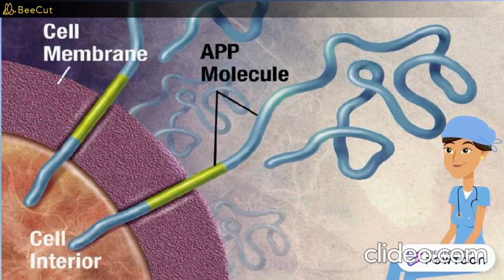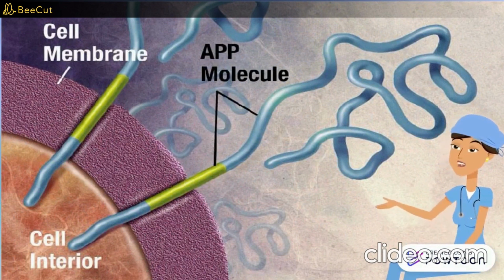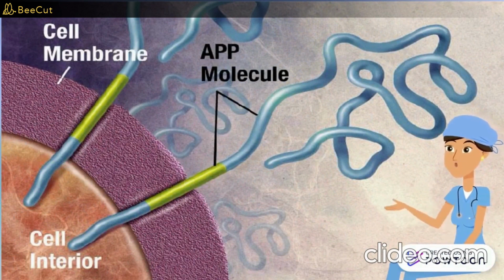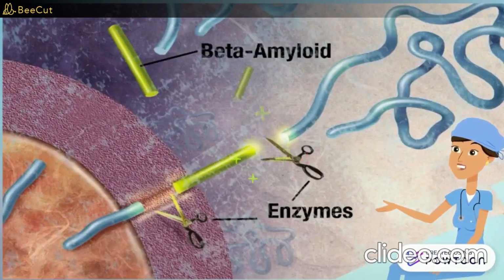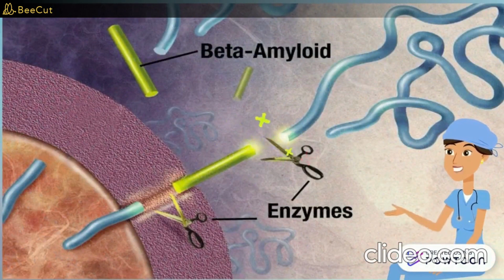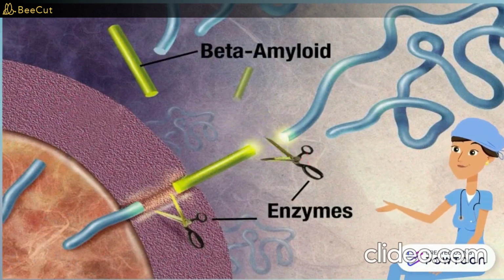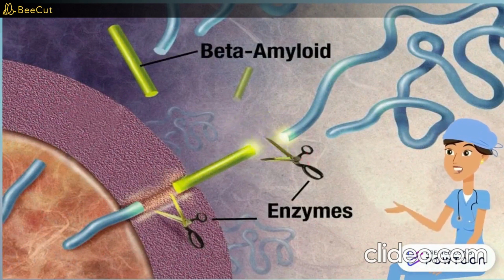In AD, tau is changed chemically. It begins to pair with other threads of tau, which become tangled together. When this happens, the microtubules disintegrate, collapsing the neuron's transport system. The formation of these neurofibrillary tangles, NFTs, may result first in malfunctions in communication between neurons and later in the